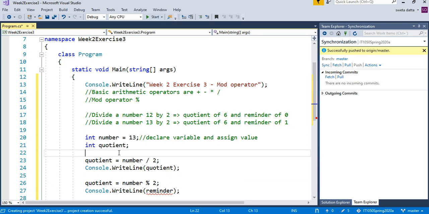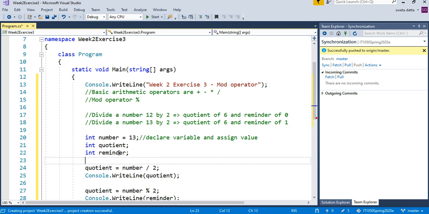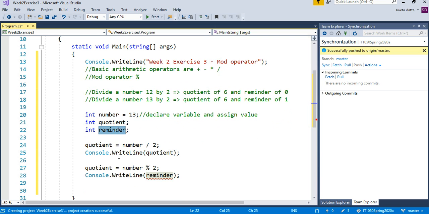Okay, sorry. Let's create another variable called remainder. There. So we have a variable to hold the quotient and a variable to hold the remainder. We are dividing number by 2, getting the quotient here and the remainder here. We are just writing that so that we can examine the values.